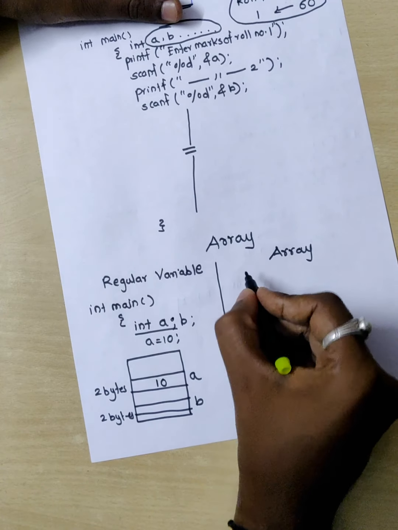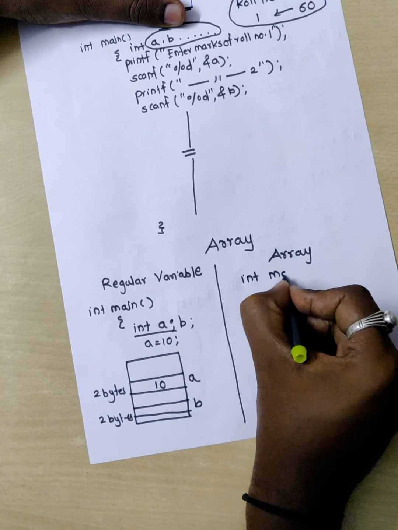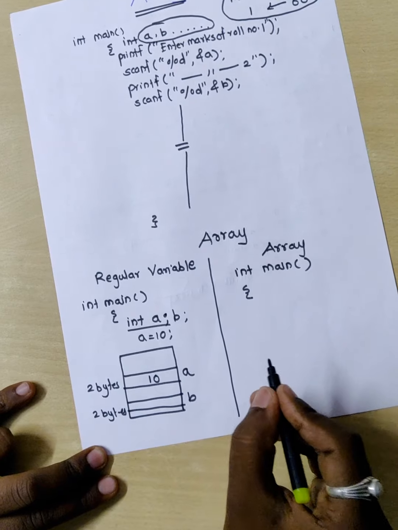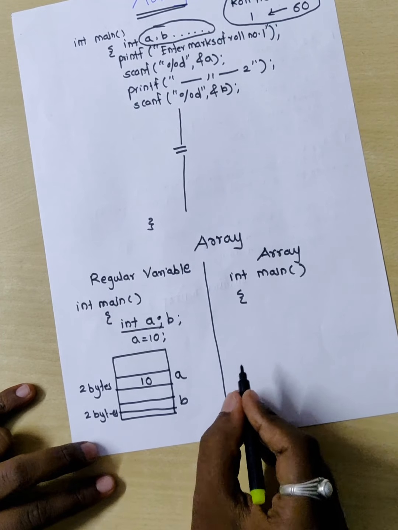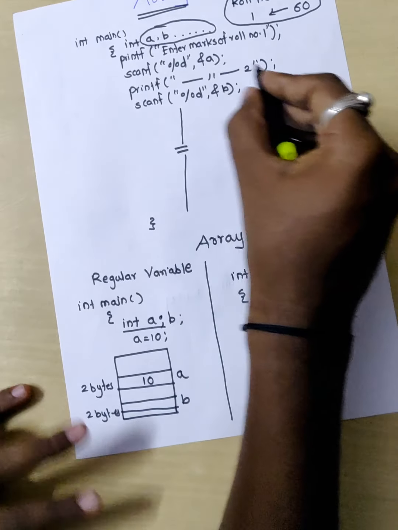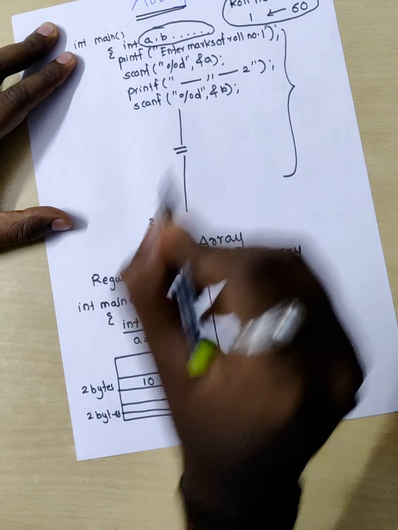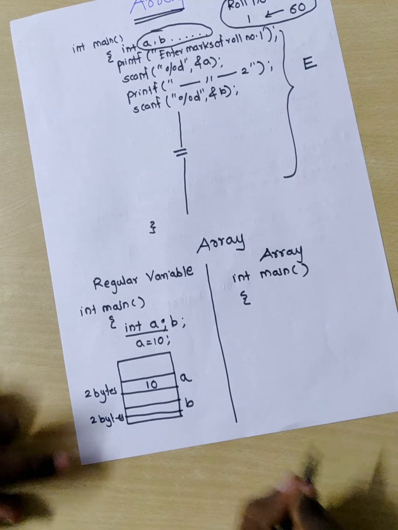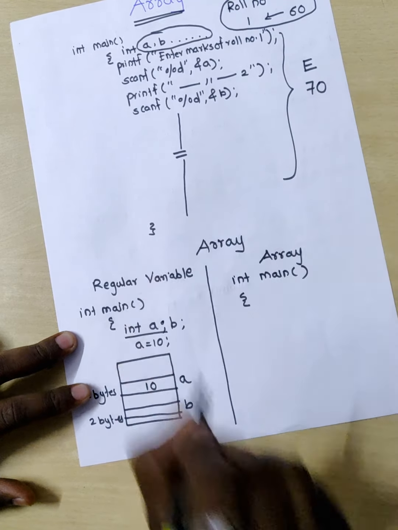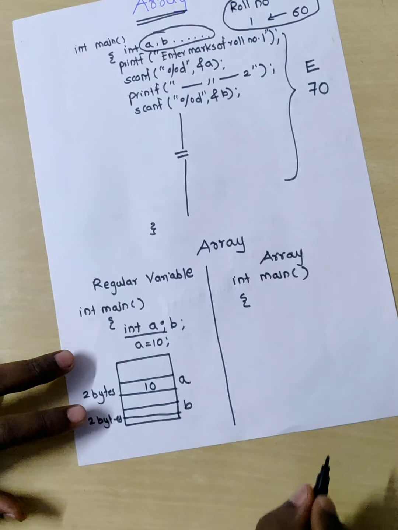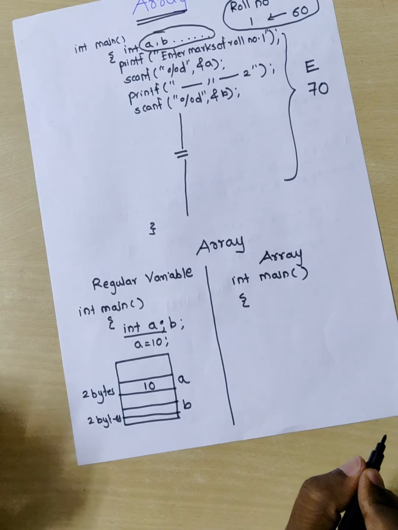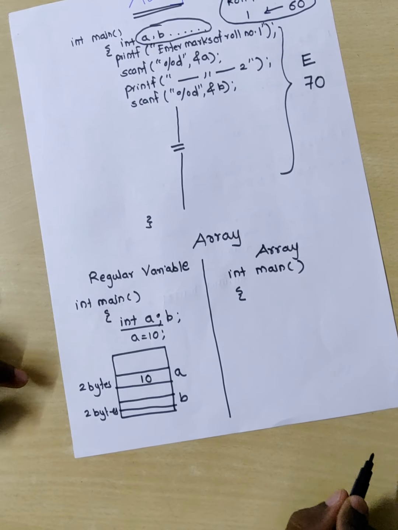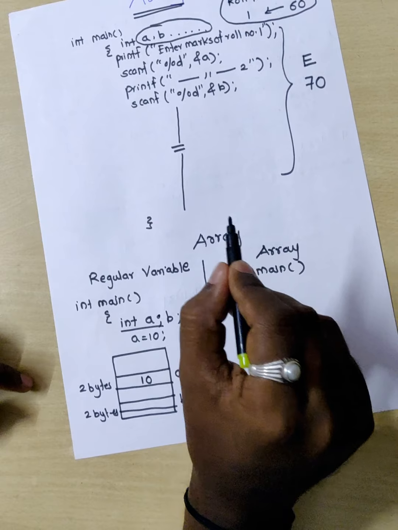What C tells us is that rather than using different names for different variables, we can use the same name to indicate different variables. Suppose in the above code our division is E, and I want to store the marks of subject C for all 70 roll numbers of division E. I would require 70 distinct, unique variables to store my marks. But this is not flexible.